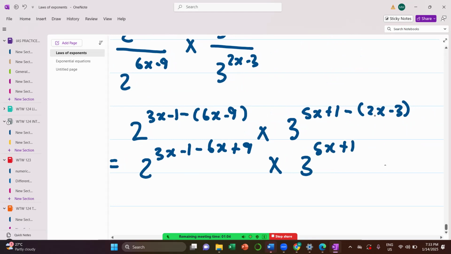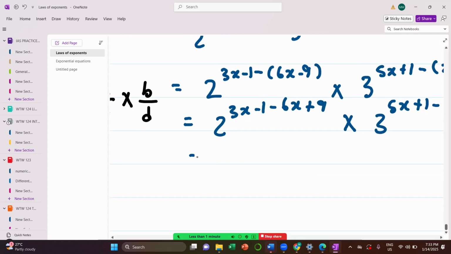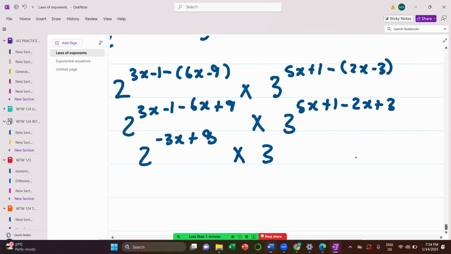This negative times positive 2x is negative 2x, and negative times negative 3 is positive 3. So I'm going to continue now. Add: 3x minus 6x gives 2 to the exponent of negative 3x, and then negative 1 plus 9 is positive 8. Then I still multiply by 3 to the exponent of 5 minus